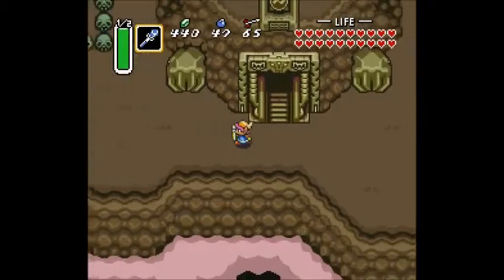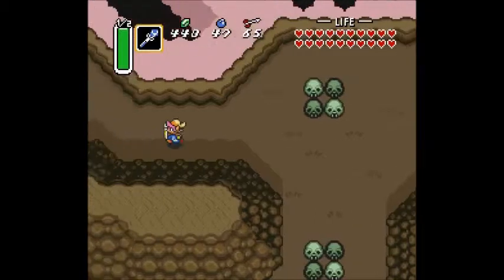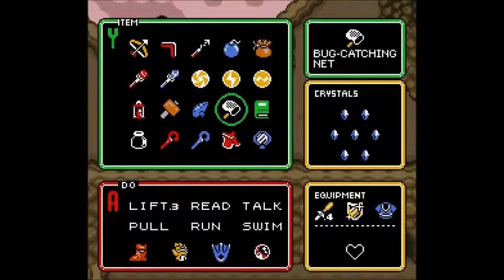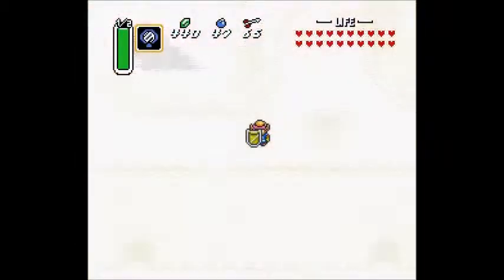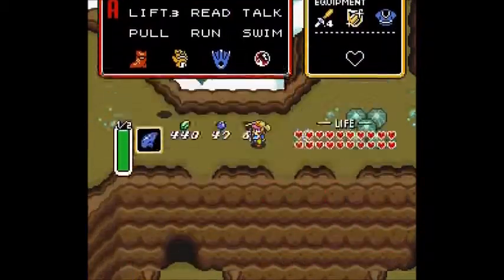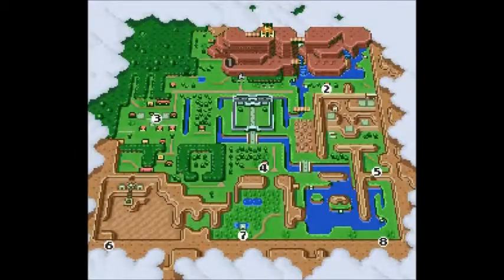Well, indeed, that was Turtle Rock. And we have no more crystals left. We have saved Zelda, or, well, sort of. And now I'm getting the hell out of Death Mountain. So, when you're done up here, go ahead and use your flute. And you can go, well, actually, you know what? I'm not done on Death Mountain yet. I lied. But, just real quick, I'm going to go back to the magic shop